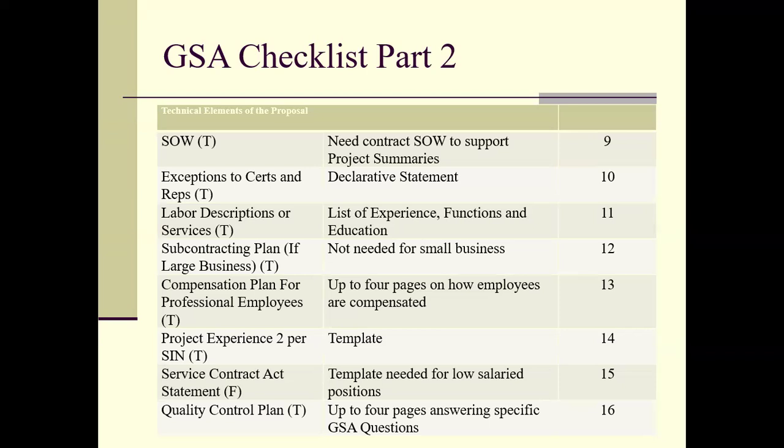If you're a small business, you don't have to have a subcontracting plan. If you're a large business, you do. And the evaluation is interesting, especially for small businesses. So if you see a business that says O or other on it, that means it is considered a large business or not a small business. And the reason why is because that business has to give away 30% of its work to other small businesses.